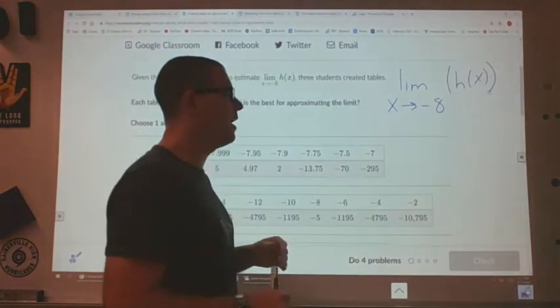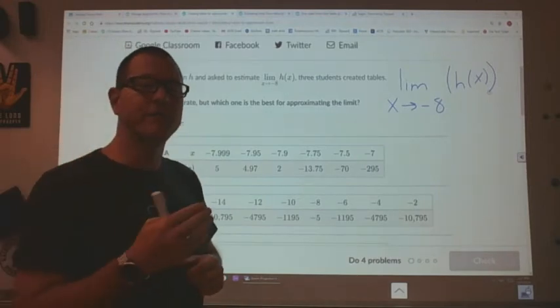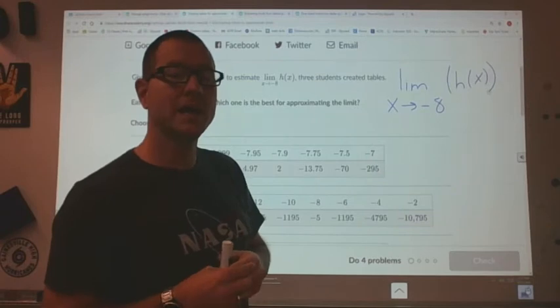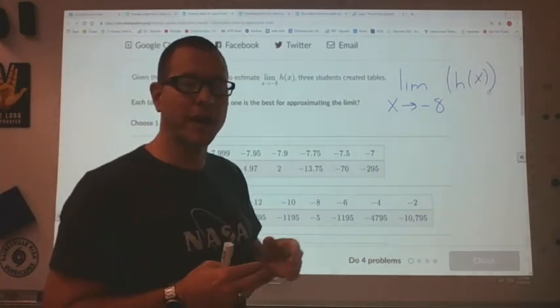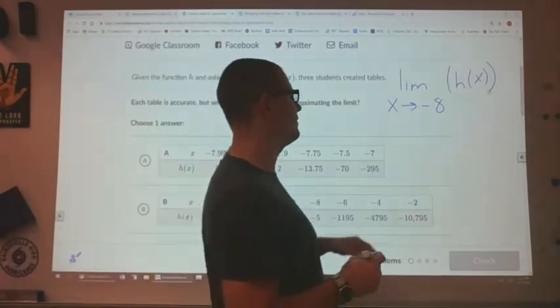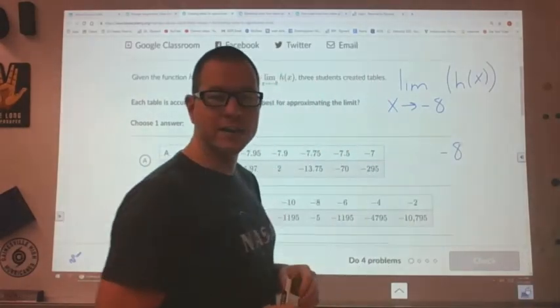If I want to find the value of the function at -8 using the limit, I need to choose some values to the left of -8 and some values to the right of -8. So my table should be centered at -8